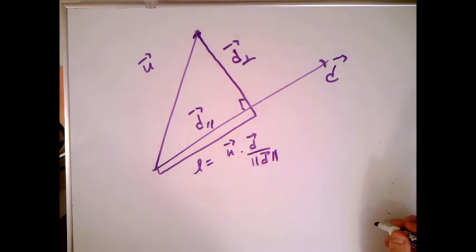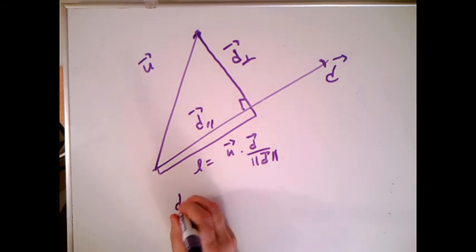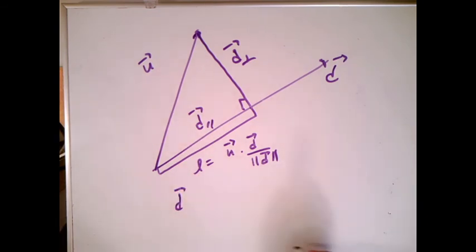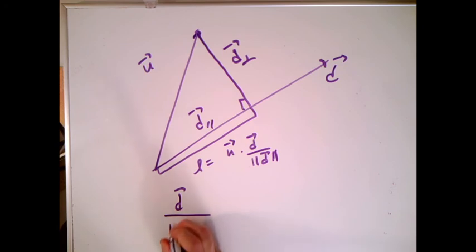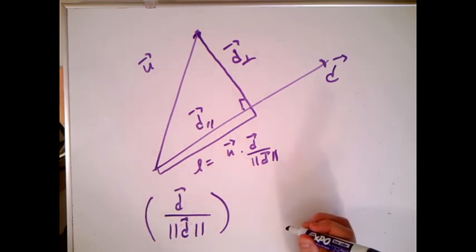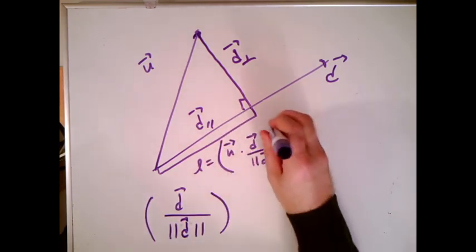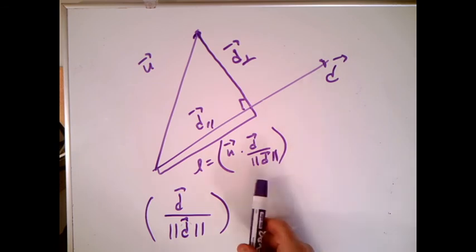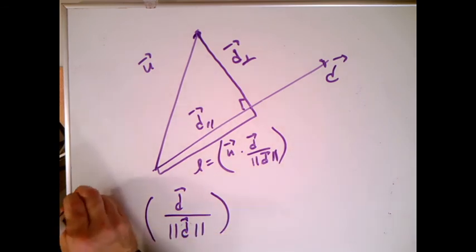So this is what we do. We start out with D, like that. We turn it into a unit vector by dividing by its length. There, better. Now what do we want? This is the right vector. It's a unit vector. This is the length I want. So that's actually just a number. So when I take this number and multiply by this vector,